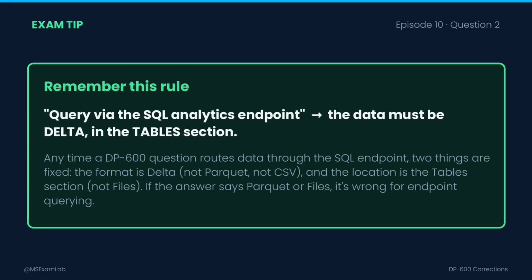Here's the rule to carry into the exam. Whenever a question routes data through the SQL Analytics endpoint, two things are locked in. The format is delta, not Parquet, not CSV, and the location is the tables section, not files. So if you see an answer that says Parquet or a files section shortcut for endpoint querying, you can rule it out on sight. The same rule shows up again and again on this exam, so bank it now, delta